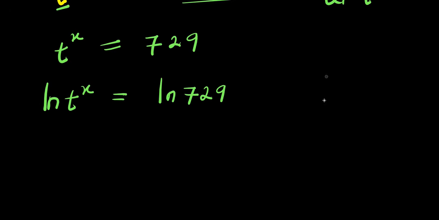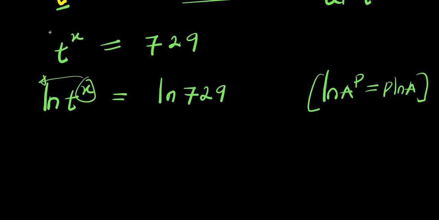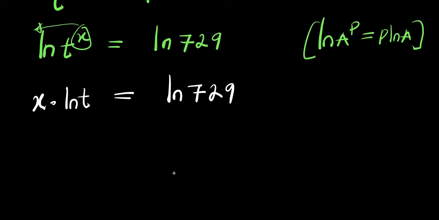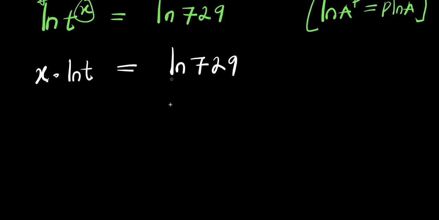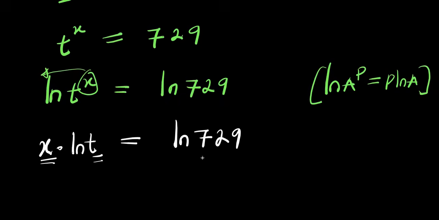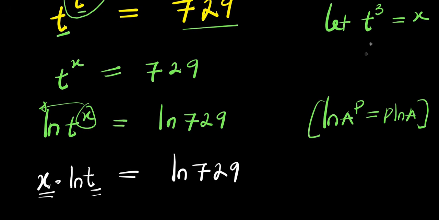So, if you have natural log of a power p, this equals p times natural log of a. Now, the x will come behind this. So what I'm going to have will be x times natural log of t equals natural log of 7 to 9. So now, what we are going to do will be to ensure that these two variables are the same, x and t. So that means we convert to this particular equation, which is t power 3 equals